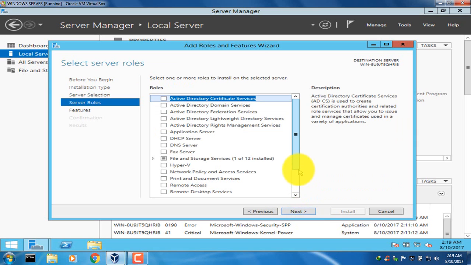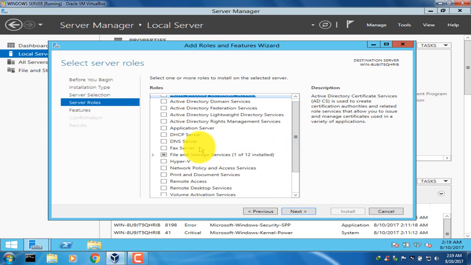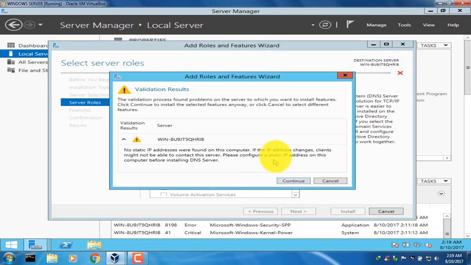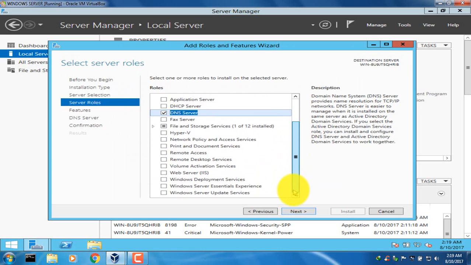At the server roles, we need to select the DNS server. Add the features. Alright, continue. Go to the bottom. Okay, before that,